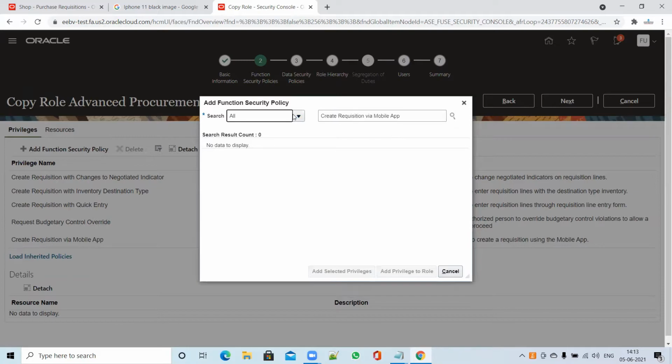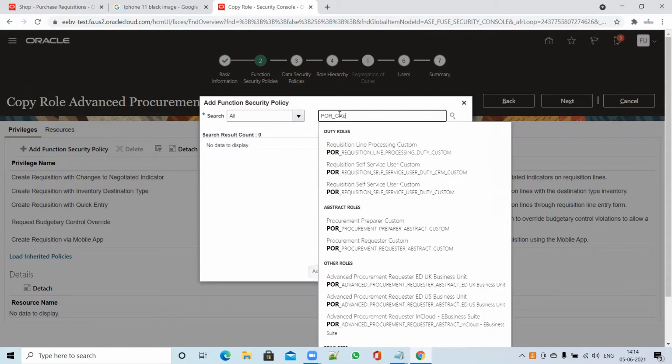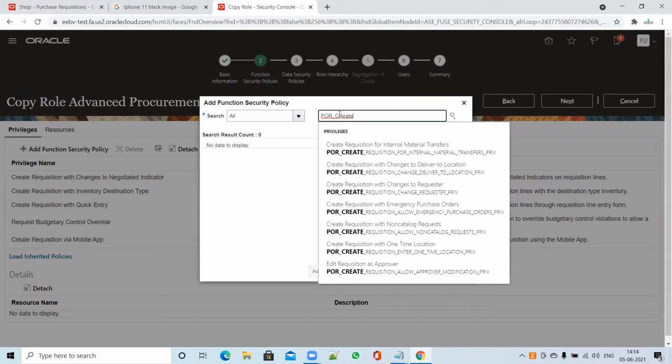The second one is create. So just type POR create requisition, and you can see create requisition with change requester. If you want the user, whoever has access to self-service procurement, to be able to change the requester, you have to assign this privilege.